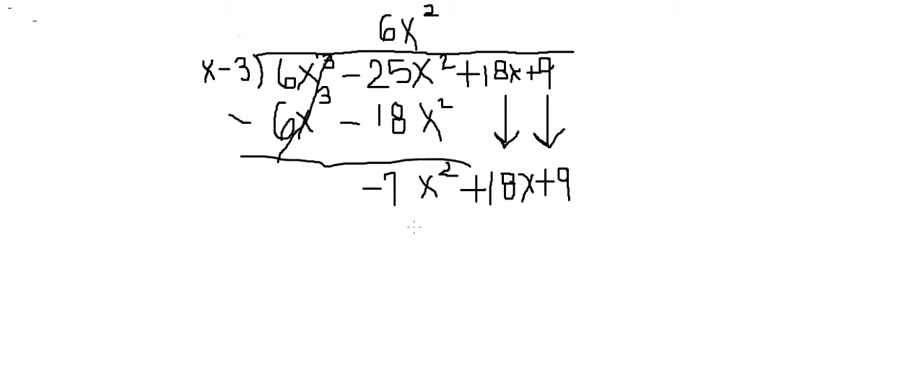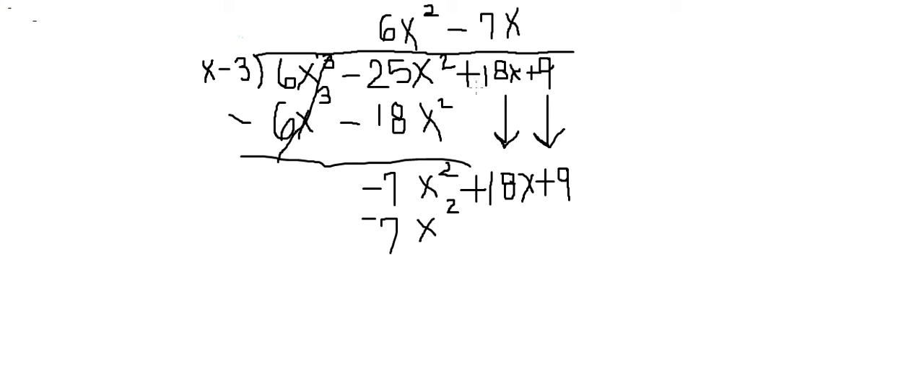So, now you basically do the same thing for this part too. Now, what number times x would give you negative 7x squared? That would be basically negative 7x, because negative 7x times x equals negative 7x squared. So you go ahead and multiply negative 7x times x, and you put that right underneath this, like so,